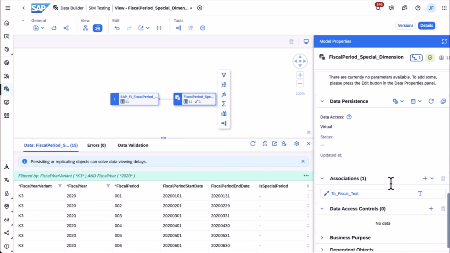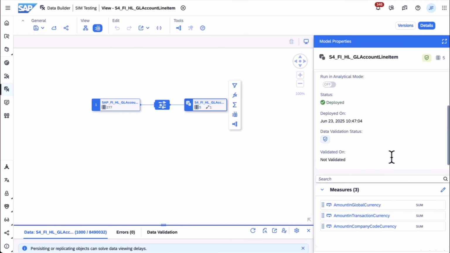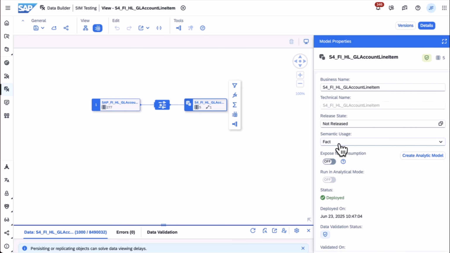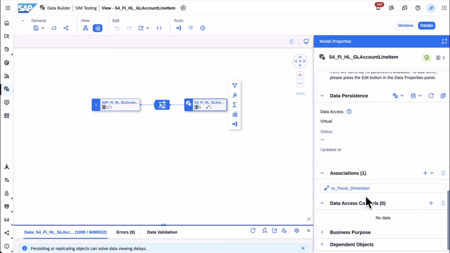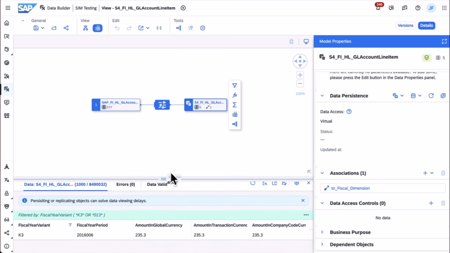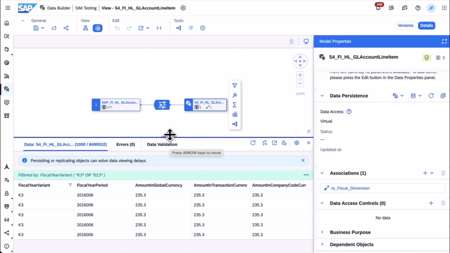You can have associations to a text for your respective fiscal year period. And so these periods come under names like special period also. So if you then have your booking statements, and here we are looking at a fact, and that fact makes use of that fiscal dimension that it links out to. And if we now look at data for this fiscal period, for example, the period K3,